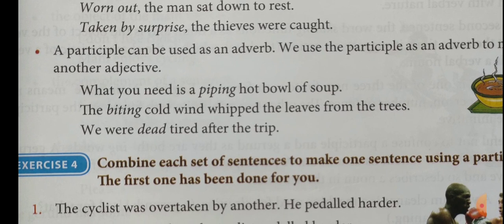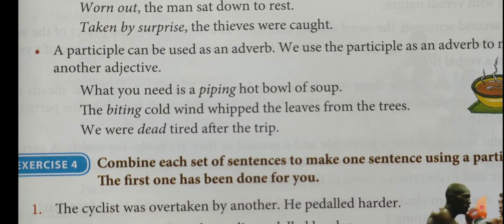So we use participle to describe a noun. Here in this example, the girl wearing the red dress is a singer. Here the girl is a noun. Wearing the red dress is the adjective phrase, doing the function of a participle phrase. Who is the person standing near the gate? Here the person is the noun and standing near the gate is the participle phrase.